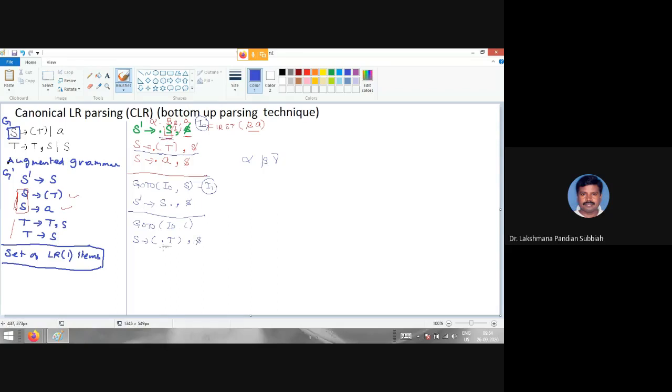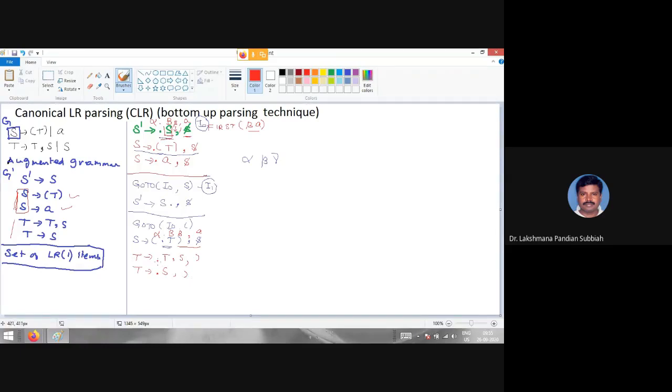Now because of the T, you have to expand it. You have to take that one as T derives T comma S, right? So here how do you do that? T derives T comma S, T derives S, you put a dot in front, and now we are going to find out the lookahead. For finding the lookahead, where you derive from, you take that one. Here this is B, this is beta, this is comma A, right? Now beta and A combined together, the first symbol is the close bracket. So you have to take that close bracket on both. So this is derived from, right?